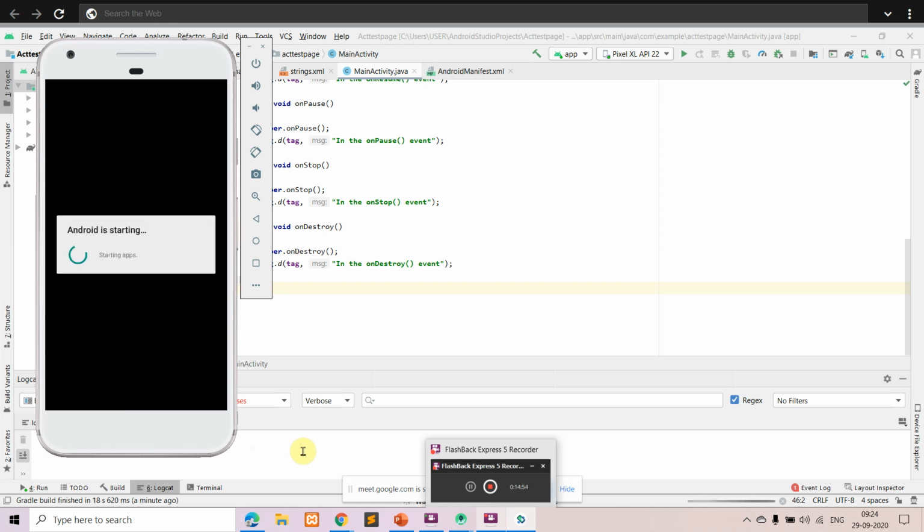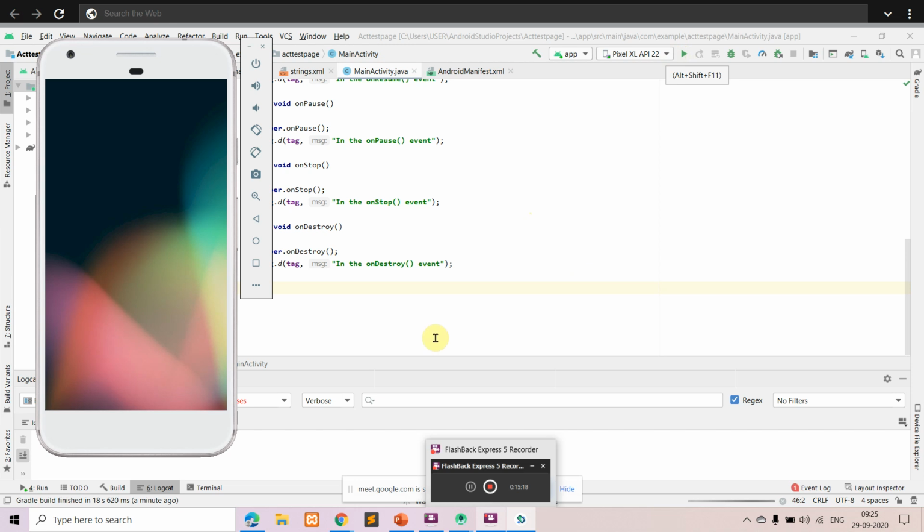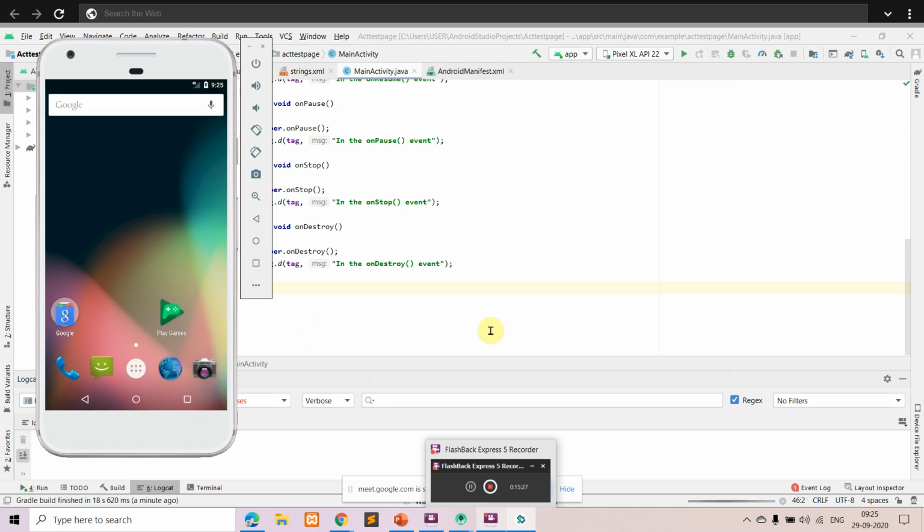You can do this by connecting to your phone also. You can keep your Android phone in developer mode. Then you can select here, instead of selecting this Pixel, you can select your phone. Okay, so in your phone also you can execute this and see. That will be faster compared to this virtual device. But the thing is, every time you run an application, a new icon is loaded into your device. Okay.